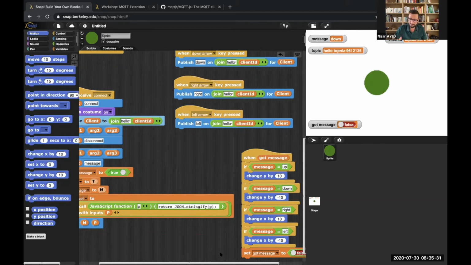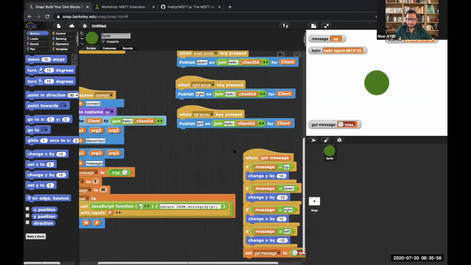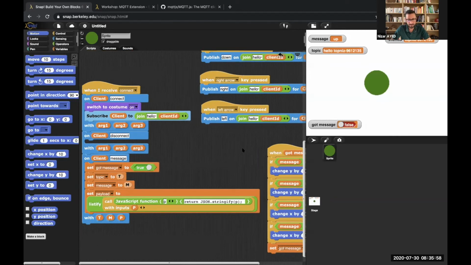Okay, and so now you will see that here I will have an issue, and I will show you. I will hit the button up. You see here that my message was well sent, and it was also well received. I mean, I have received the message up in this topic, but my green dot here hasn't moved as I expected it. Why? In fact, if you look at the message itself,